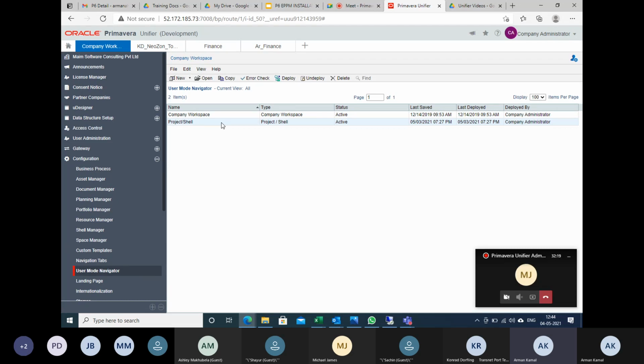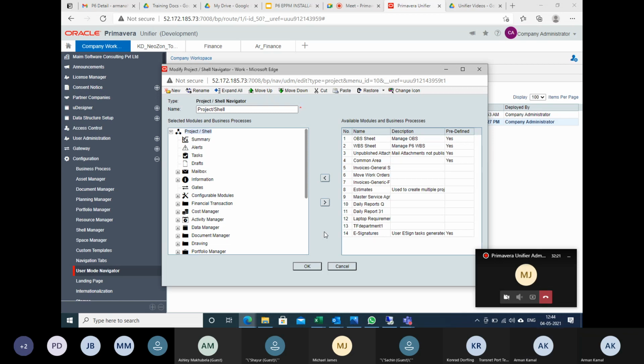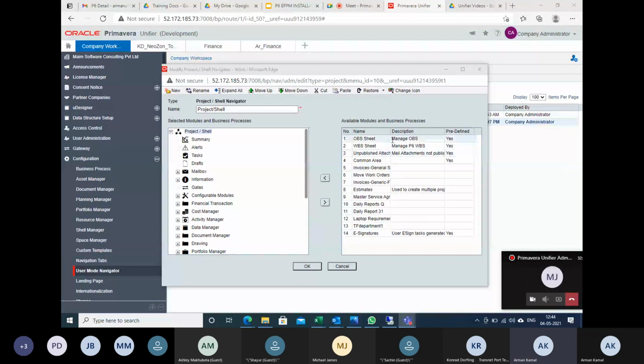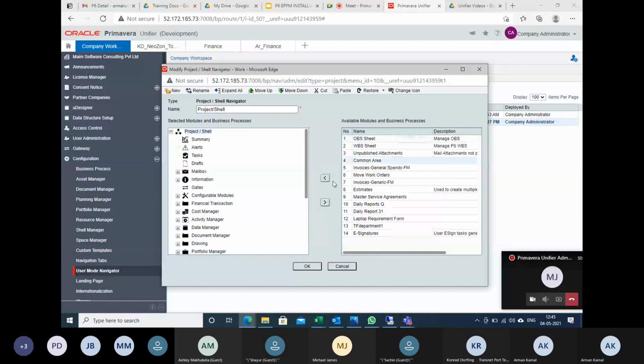If you double click on the project shell, whatever BP you are going to create will be reflected in the right area, and the left is the standard one. So now I'm going to select and pull it here.